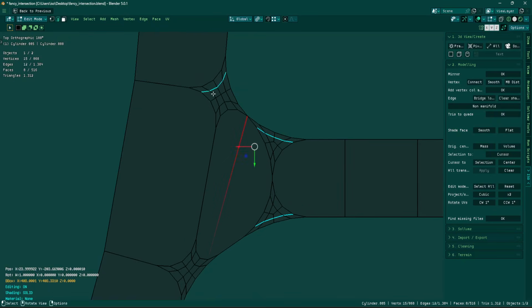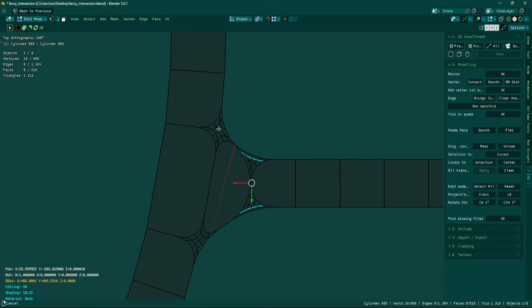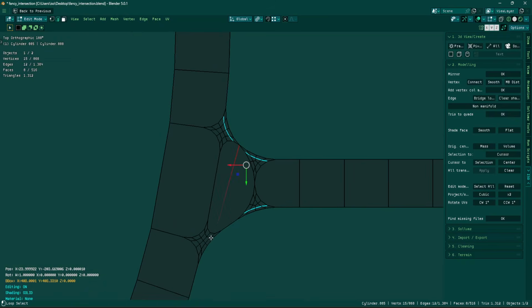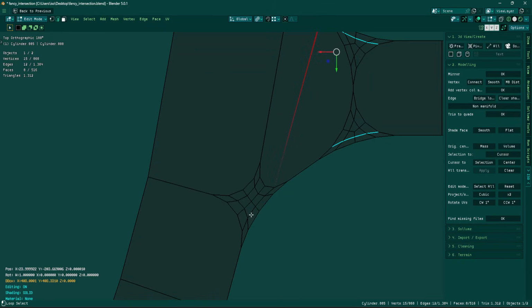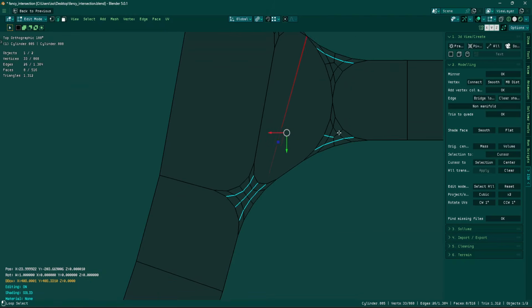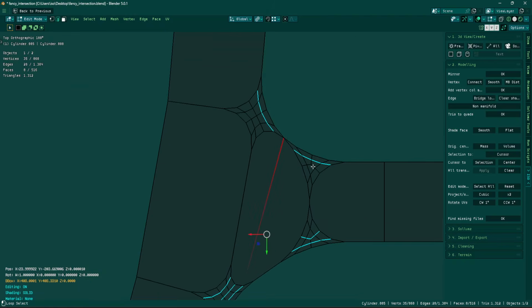And we try to avoid having to fix the meshes when we don't have to. So if we create good topology to begin with,